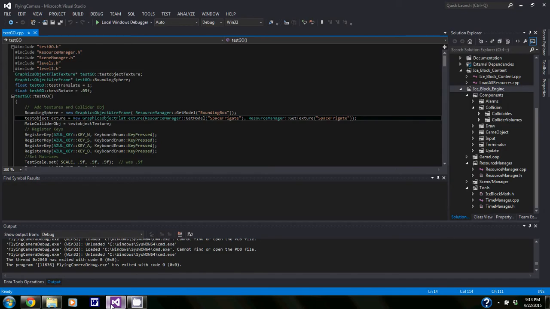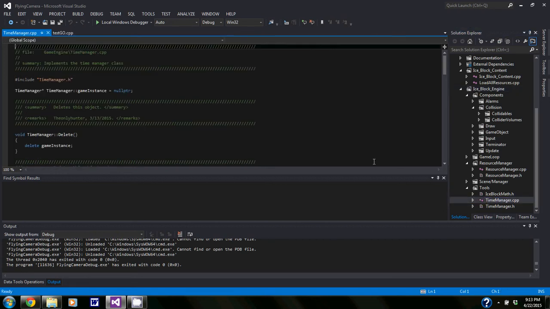And otherwise, the only other assignment that I want to be doing is figuring out how I'm handling the slowing down and speeding up of time, so to speak. What I thought of doing is in my time manager, since I found this is probably more of a tool for the user to use and not really an actual component, so I'll leave this open for the user to mess with right now, where it'll be a variable